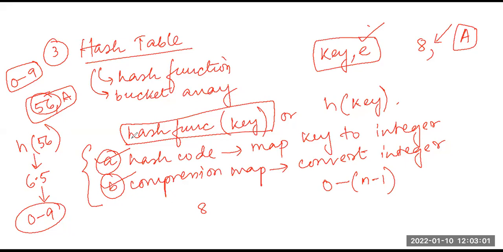Hello, ma'am. Yes, say. Ma'am, how does it become 56 to 6.5? ये हम बस एग्जाम्पल दिखाने के लिए किए, ये हम कुछ अभी एक्सप्लेन किए ही नहीं है कैसे आएगा. इसका पूरा प्रोसीड्यूर होता है. पहले तो ये इंटीजर होगा, ये बस 6 ही मान लो, 6.5 छोड़ दो मानना. और ये हैश फंक्शन से कैसे ये आया, इससे कैसे हम लोग मैप करते, ये पूरा मतलब फिक्स्ड रूल्स है, प्रोसेस है, एल्गोरिथम्स है, सब पढ़ेंगे एक के बाद. बस समझाने की कोशिश कर रहे हैं, मतलब कैसे हो रहा है.